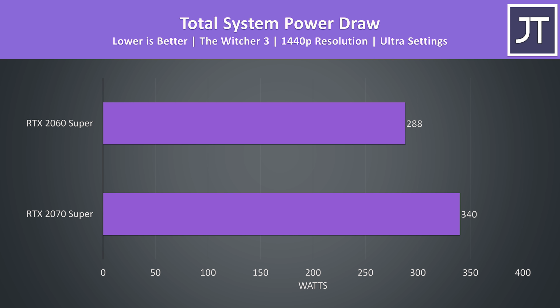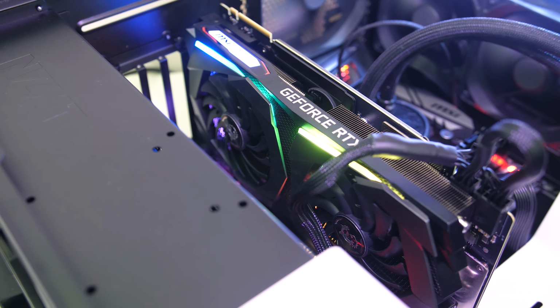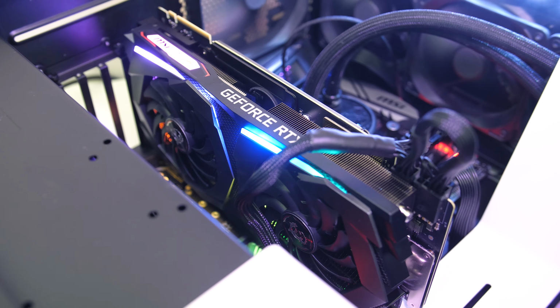As for the differences in total system power draw, the system with the 2070 Super was using 52 more watts while running The Witcher 3 at 1440p with ultra settings. This is 18% more power for a game that only saw 5% higher frame rate with the 2070 Super. But like we just saw, on average the difference was 11%. In general though, it seems that the 2070 Super needs more power than the 2060 Super compared to the extra